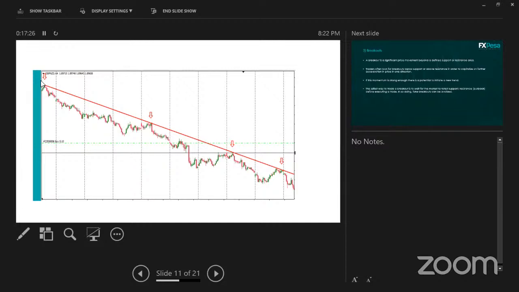We say that it is a lower high, a lower low, a lower high, a lower low, a lower high, a lower low, and a lower high. So on a downtrend movement, we normally focus on selling opportunities or taking sell orders. So when the market creates a lower high,